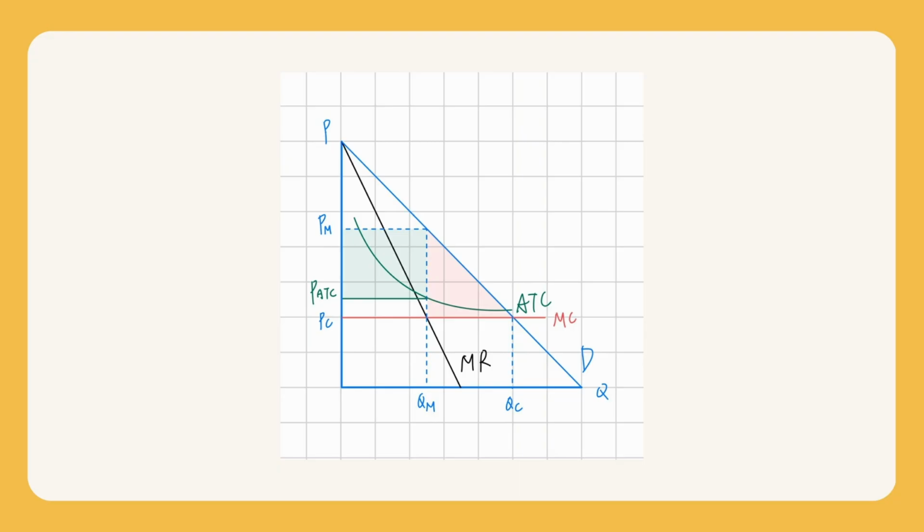In terms of the competitive market, the marginal cost curve is the supply curve of a competitive firm. Based on the same diagram, we determine the quantity demanded where MC equals MR equals PC. That is, the supply curve intersects the demand curve at QC, and the price is MC equals MR equals PC. Comparing the perfect competitive firm with the monopolist, the red area is the deadweight loss.